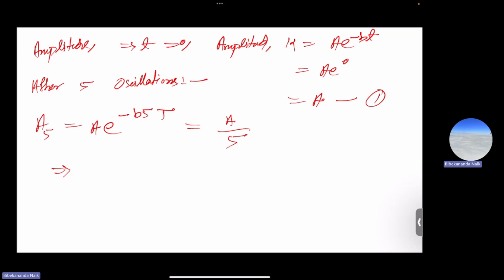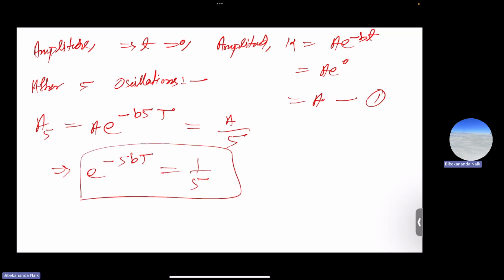So that implies e to the power minus 5bt equals 1 by 5. Now after 10 oscillations,